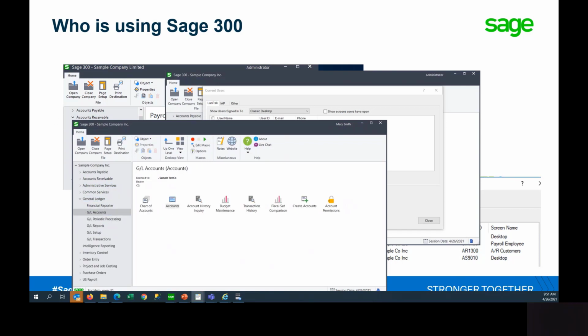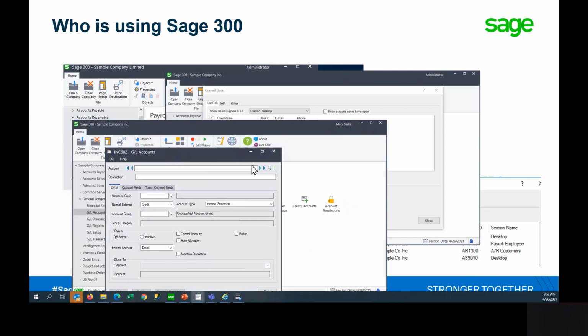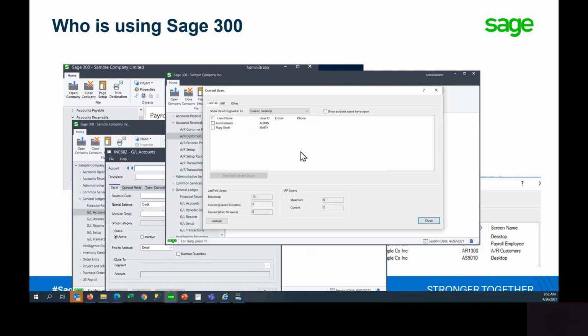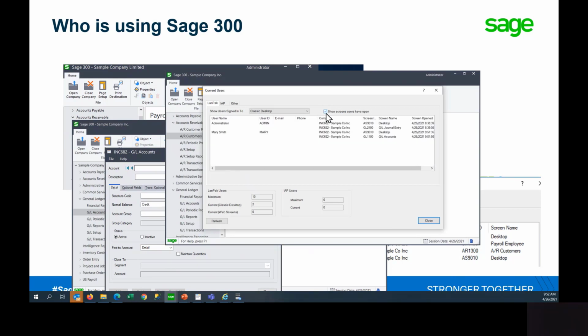Okay, so Mary's opened up GL accounts on here. If I go back to my current user screen now and click on Show Screens Users Have Opened, you'll see that Mary Smith has signed on into the GL screen and is using it. And the other thing you can look at on here is that if you have people who